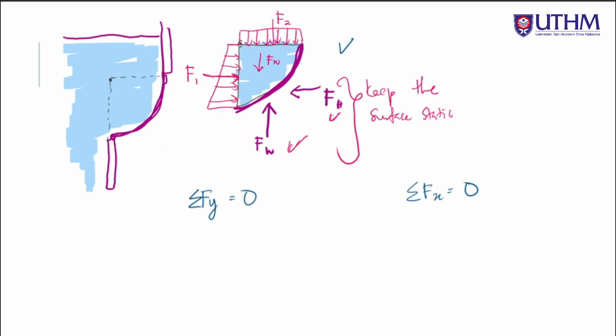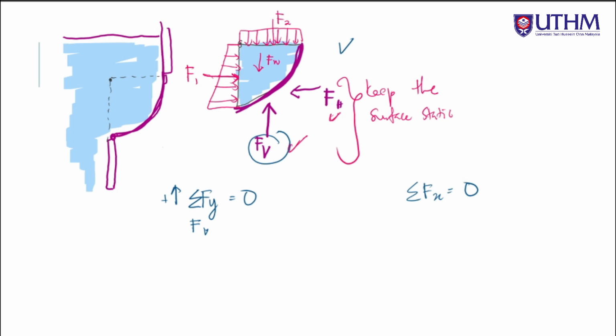Component forces in y direction, kita consider naik atas positif. Okay, so yang kita nampak naik atas apa? No, this is FV. Sorry saya tak perasan tadi. So this is F vertical, this is FH horizontal. So this FV